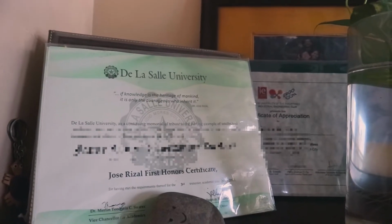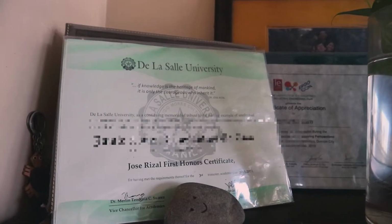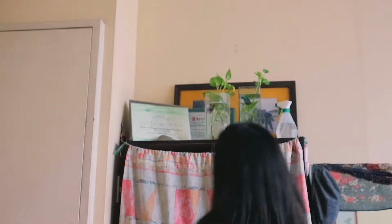So moving up, we got my upper shelf area. So I have my, how do I say this, certificates, I guess. I've been on the dean's list for my university my whole college life, so I just display it to make sure to say to myself, Jamie, you're not as stupid as you think you are. You have some certificate to say that you are not stupid. But anyway, aside from that, I have my other